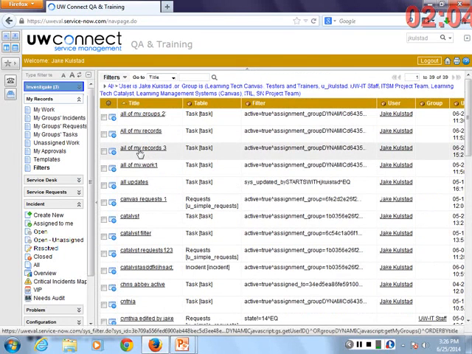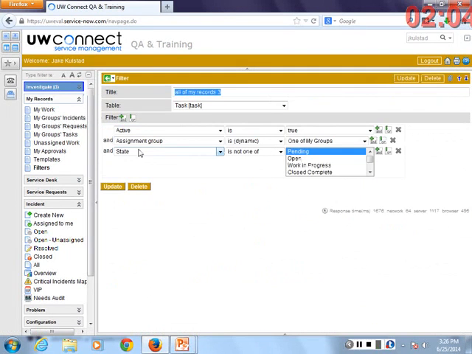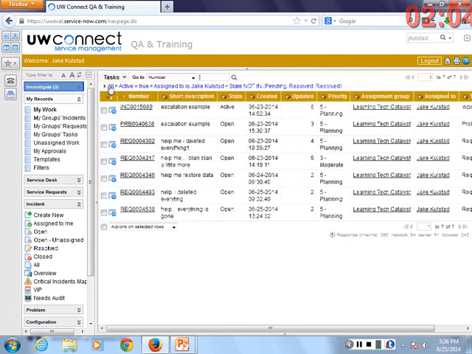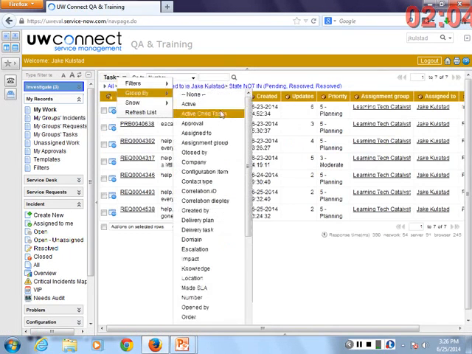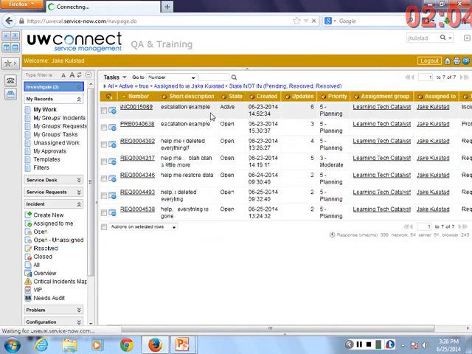If you're making lots and lots of filters, you might find that in the My Records application, clicking on a filter is going to show you all the filters that you have either made or have been shared with your group. One limitation of this view, though, is that you can't actually execute filters from this list. So if I click on it, it's going to take me to the filter, not to the results of the filter. So people are frustrated by that.